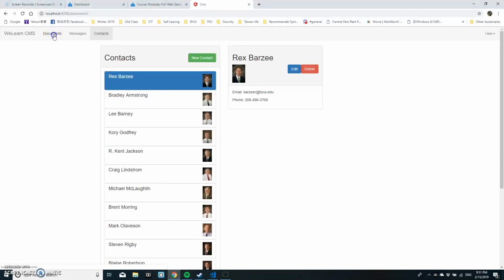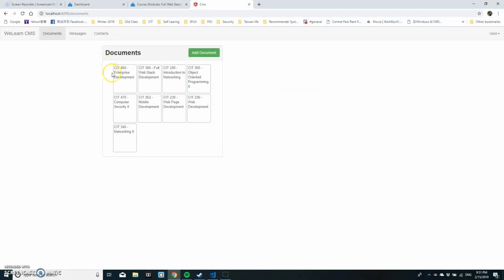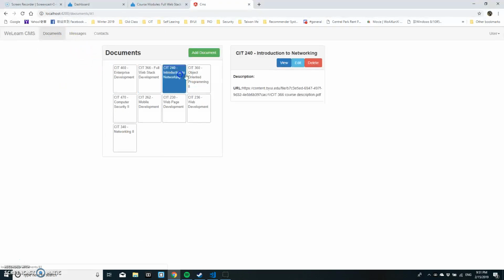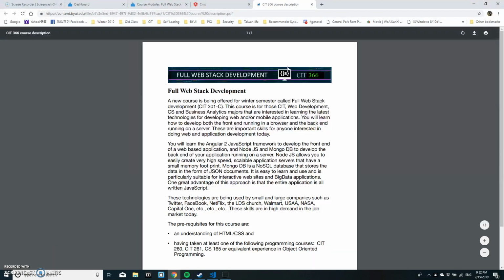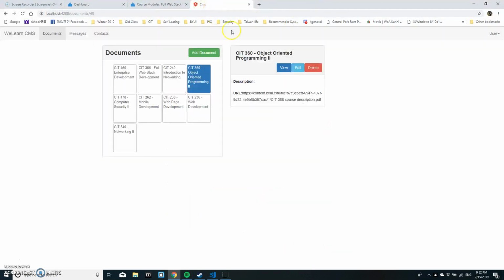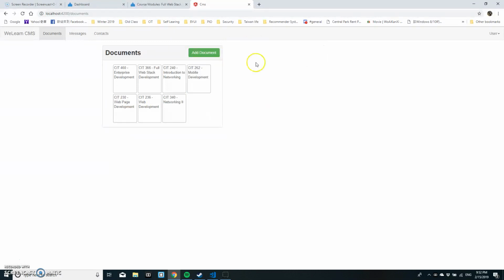Now if we go to our website, documents, we can still select each document. If we click view, it'll open up the URL. If we do edit, we can see the message "document edit works." We can also delete documents, and we can also press the add document and it will show you "document